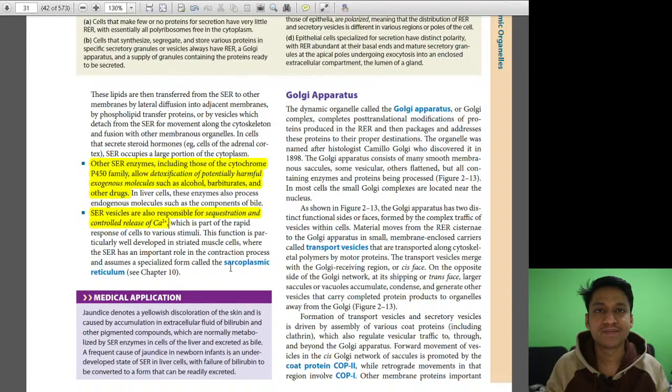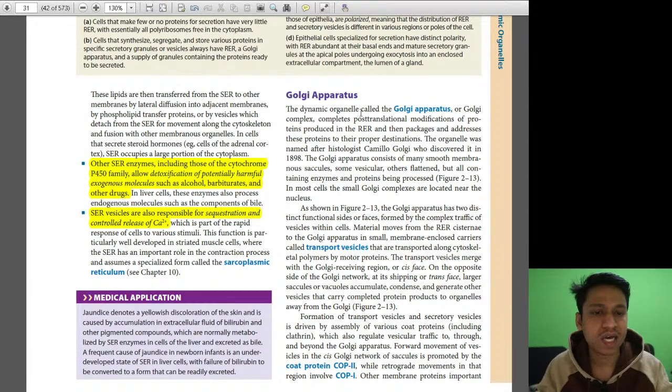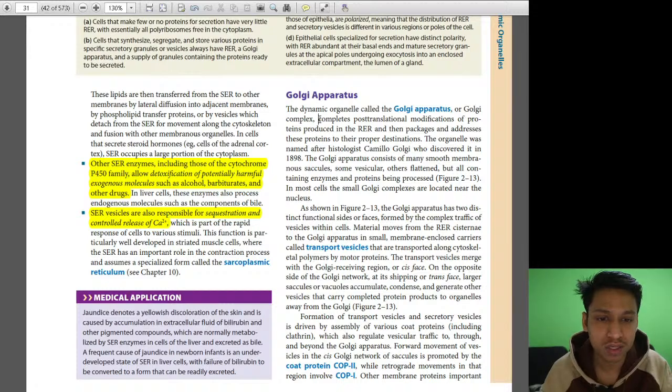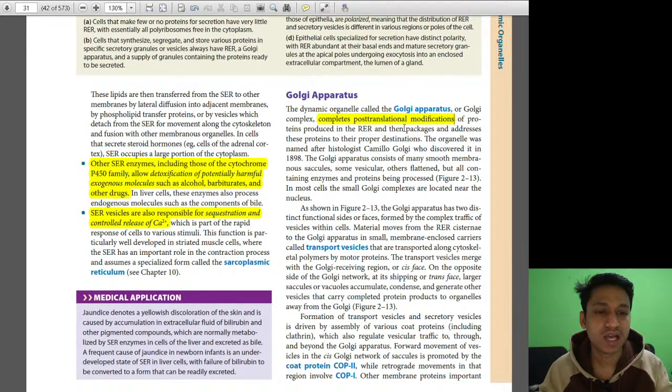All right. So next one is Golgi apparatus. Let's see what the role of Golgi apparatus is. The dynamic organelle called Golgi apparatus or Golgi complex completes post-translational modification. We need to highlight this. Post-translational modification for proteins produced in the rough endoplasmic reticulum, and then packages and addresses these proteins to their proper destination. The words packages and addresses are also important,